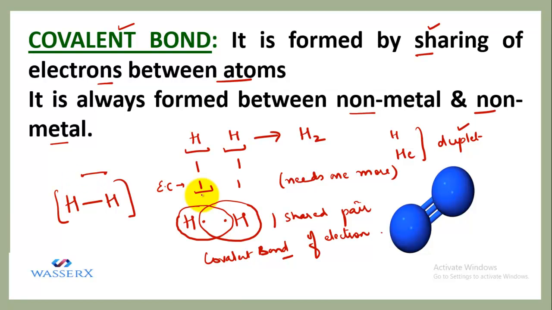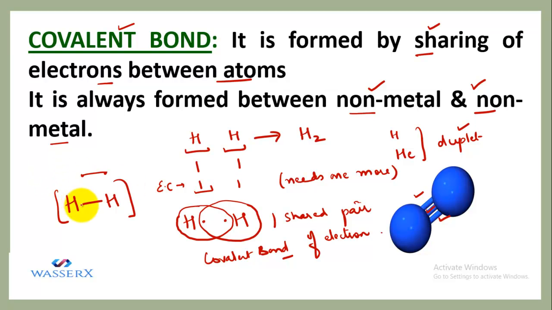So this is what a covalent bond is. It must be formed between a non-metal and a non-metal, because both of them cannot donate electrons. So the only method left for them to combine is mutual sharing. This is what they are doing, as you saw in hydrogen. In this basic figure, these lines indicate the covalent bond.